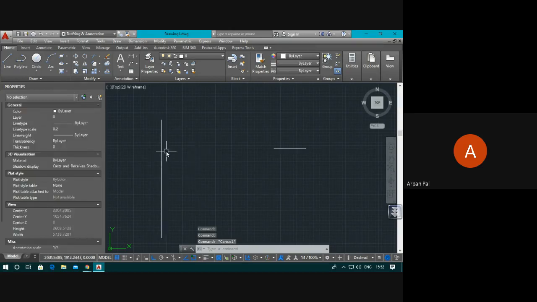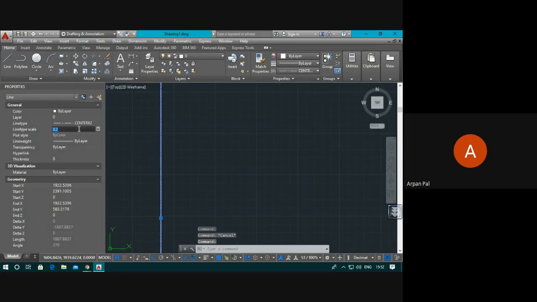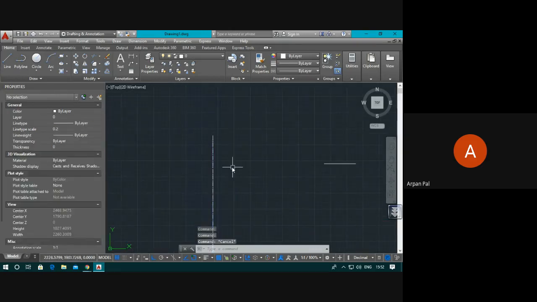Then see, a little gap has been placed. Instead of that, if you make it 0.5, the gaps have increased. You can make the gaps increase more. So you can observe it from here. If you make a line like this and plot it here, then inside this, the dashes are quite visible.